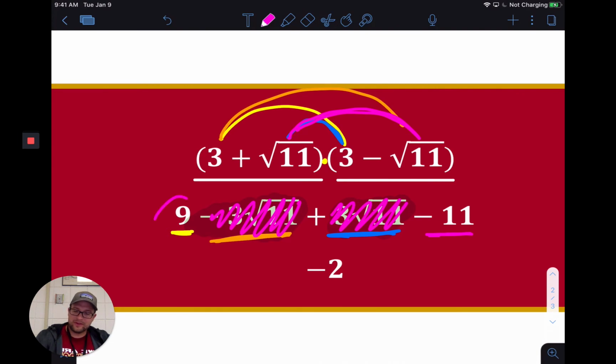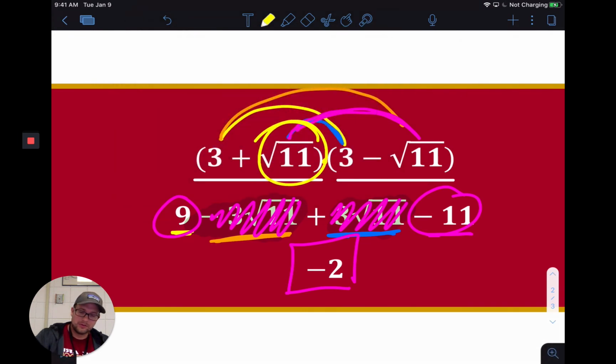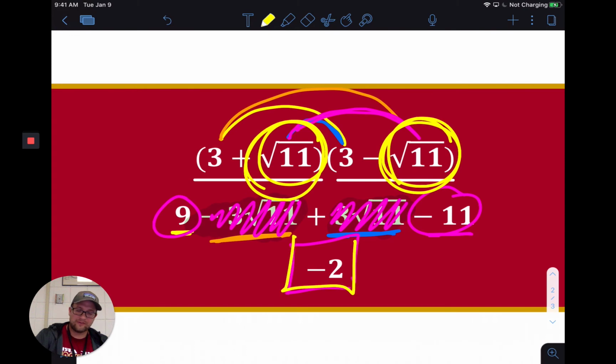And all you're left with is 9, take away 11, which is negative 2. Now the big picture idea here is the fact that our radicals that we started with are no longer in the picture. We are left strictly with a whole number, which is why this becomes incredibly important for the idea of rationalizing